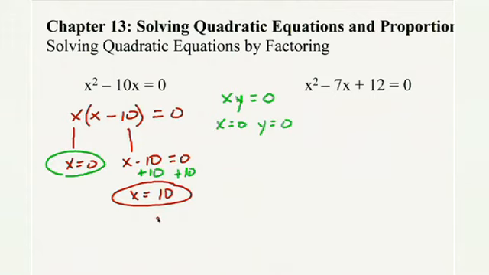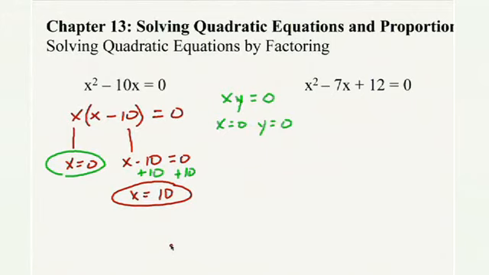Bill, did you want to add anything to that? No, I just wanted to point out that in this case, when we're factoring, we still have that equals 0 on the right side of the equation, because now we're looking at equations. We're not just doing these problems purely as factoring exercises, but you really don't do anything different. Just keep bringing down the equals 0 on the right side, and then, as Jerry said, once you've done the factoring, set each factor equal to 0 and solve those equations. And the thing you'll notice in these problems is that now we'll usually have two solutions to the equation instead of there just being one solution.